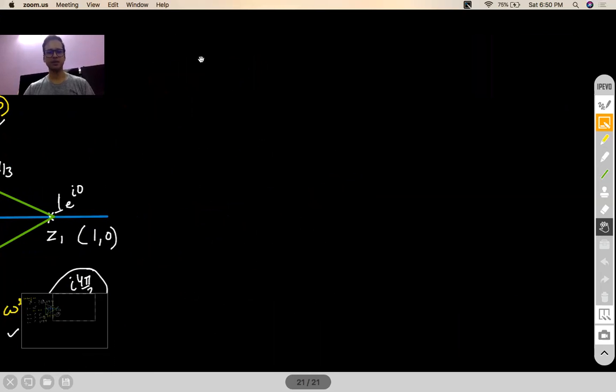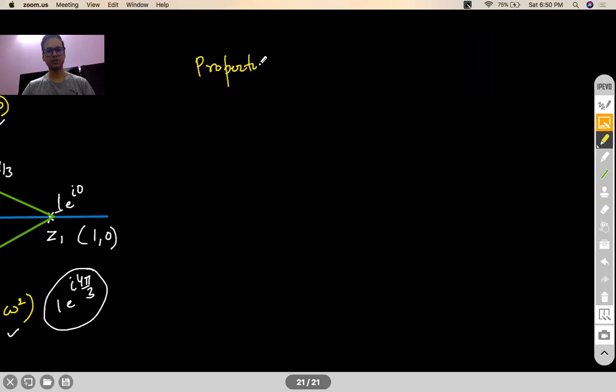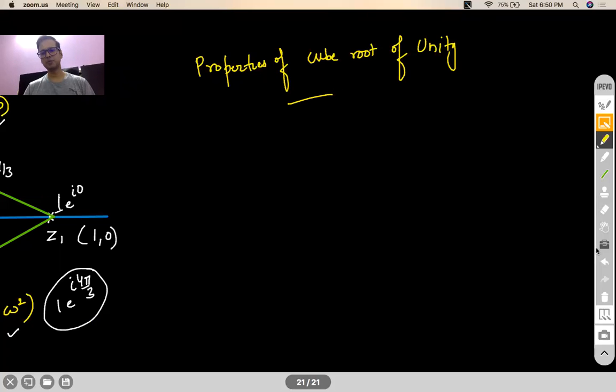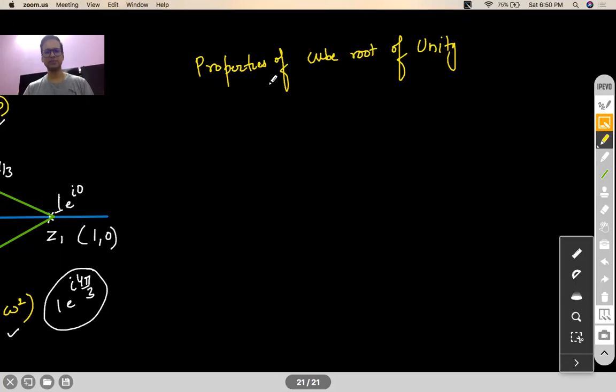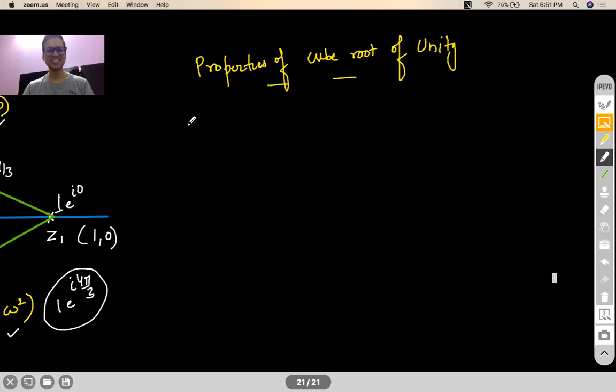The first property, which is needless to say but still I'm saying, is if you raise